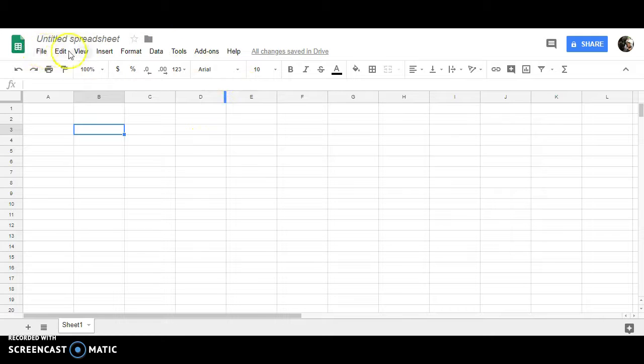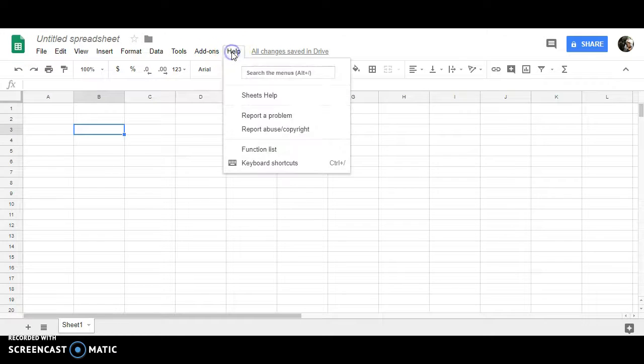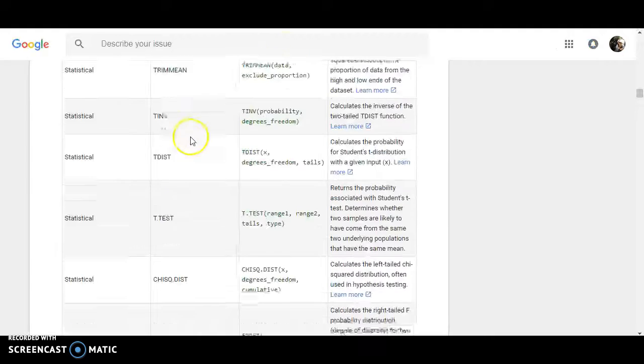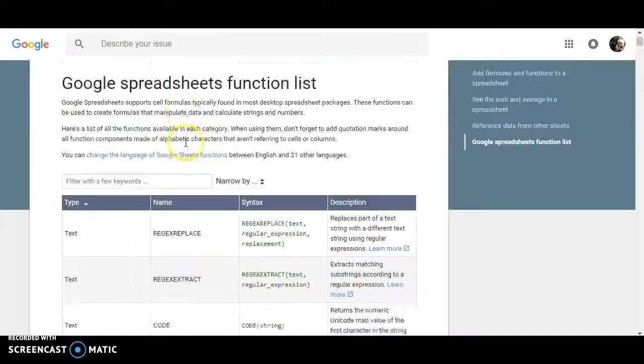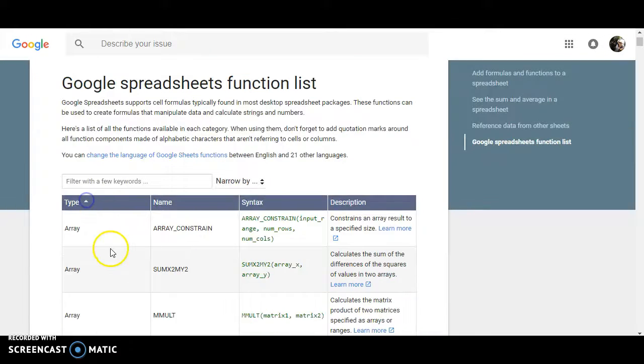And then you're going to go to these tabs. You're going to press Help. You're going to go down and you're going to see Function List. You're going to want to press on Function List. It will bring you to the next tab, which I already have open,